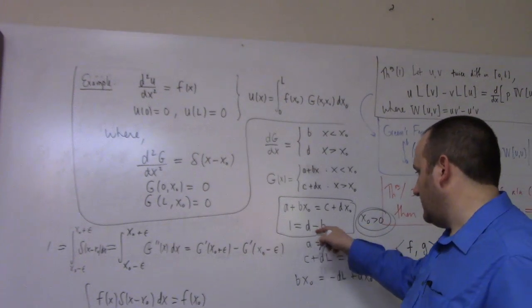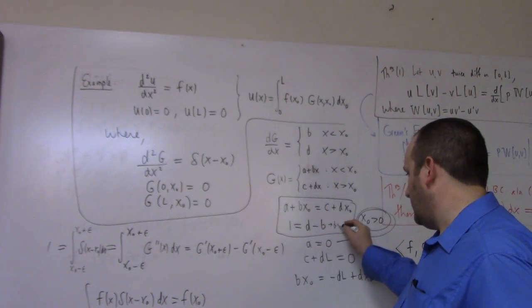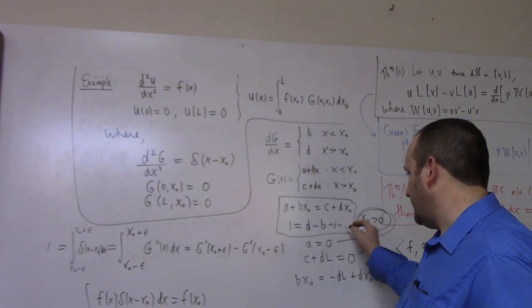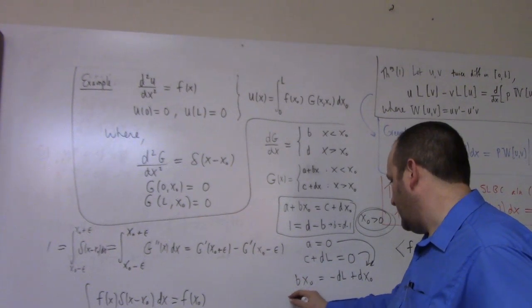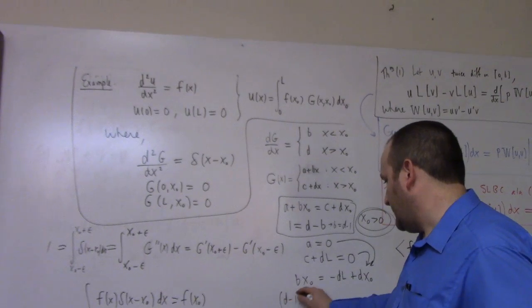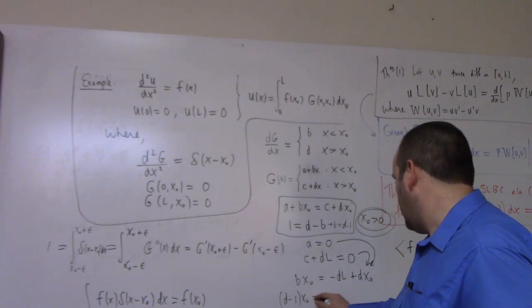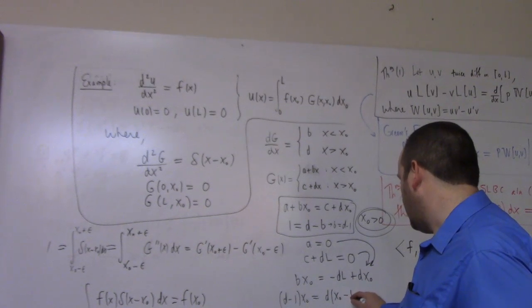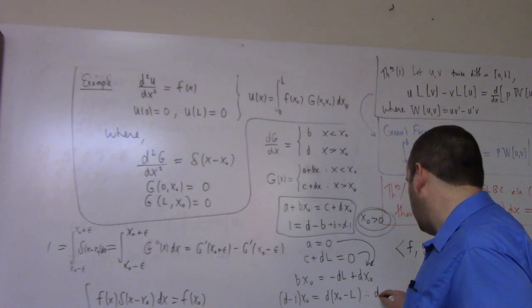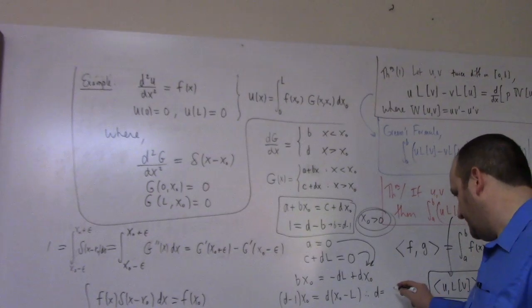B with this one, right? B is equal to d minus 1. So this is d minus 1 times x naught is equal to d times x naught minus L. So d is actually going to be equal to